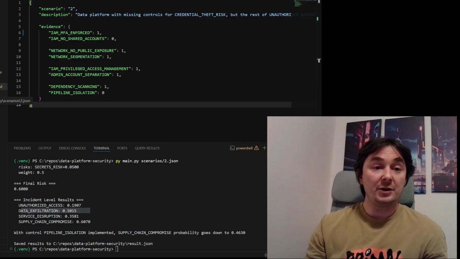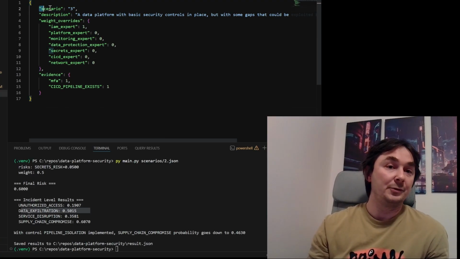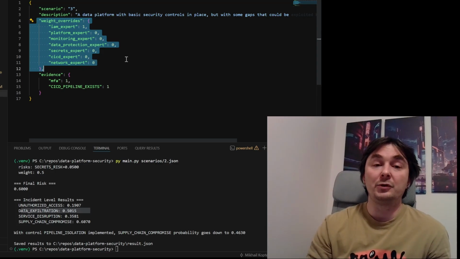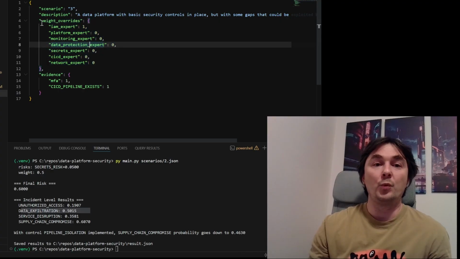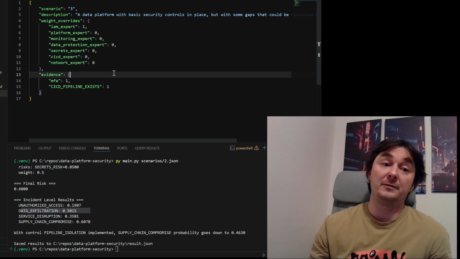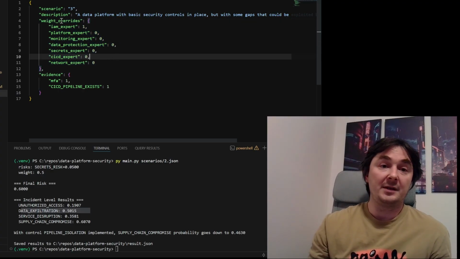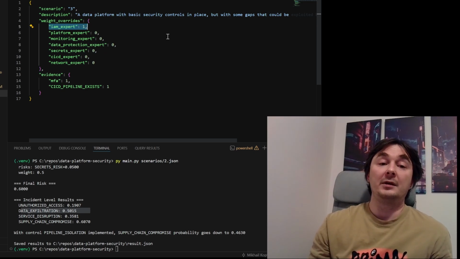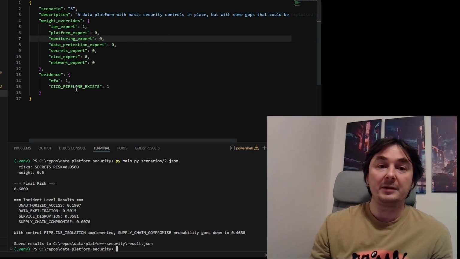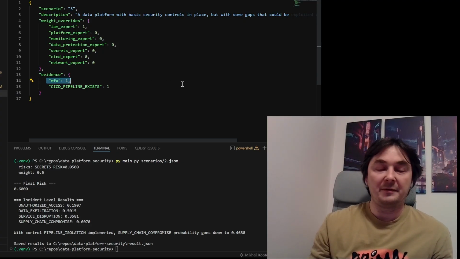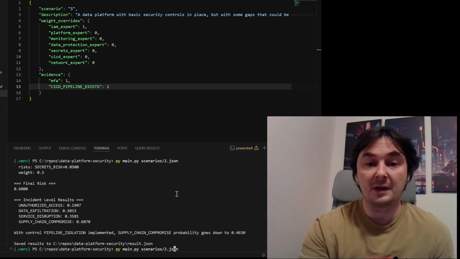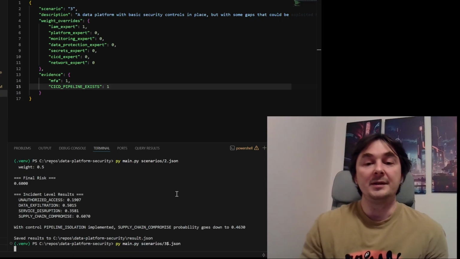There is one additional scenario, scenario number 3, and in here I showed that it is also possible to change the weights of those experts. With that weight overrides section of the input, we can say that I am actually only interested in the IAM expert and what is happening with this one. And here I'm just using that MFA is implemented, CI/CD pipeline exists, but nothing else. And if we will run this,